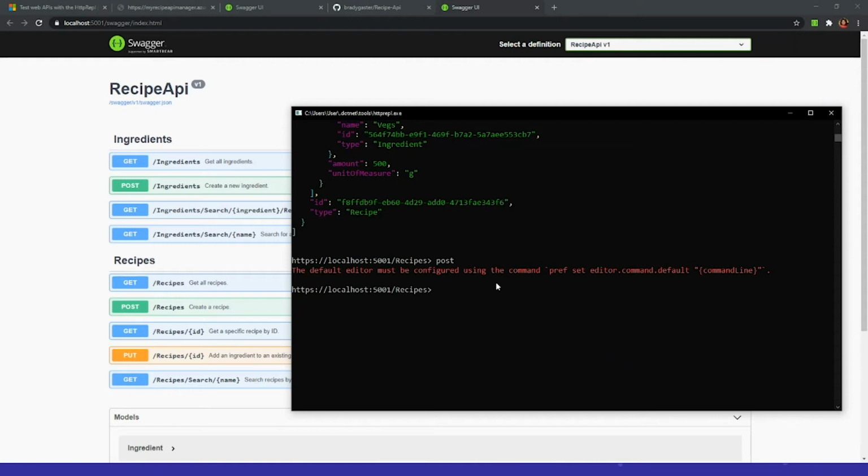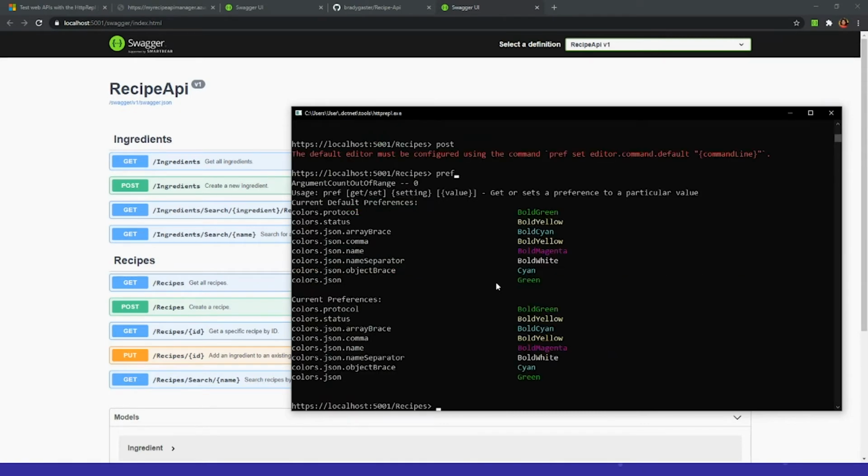So you have to say pref, and you have available commands here. So pref set editor dot command dot. So you have to provide the